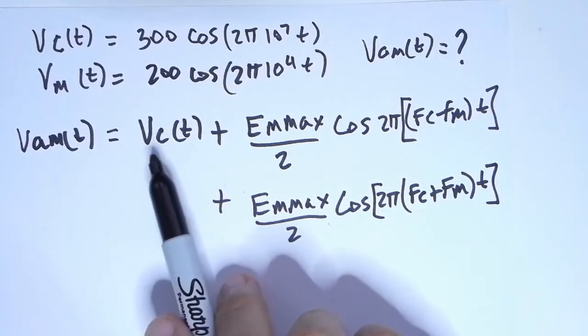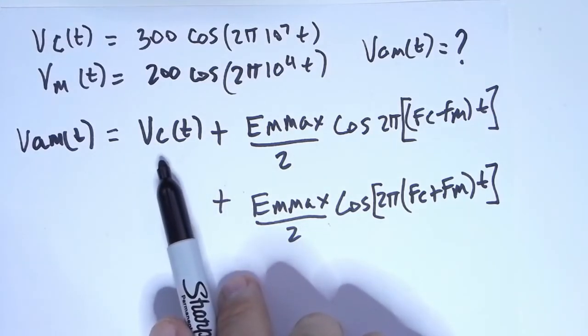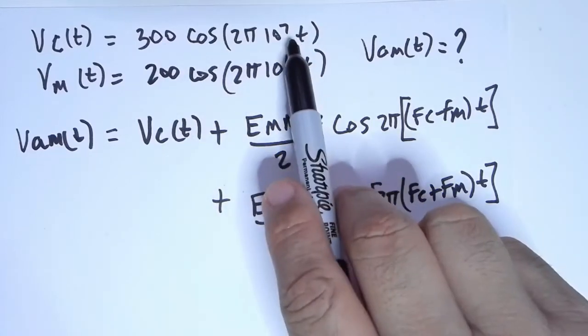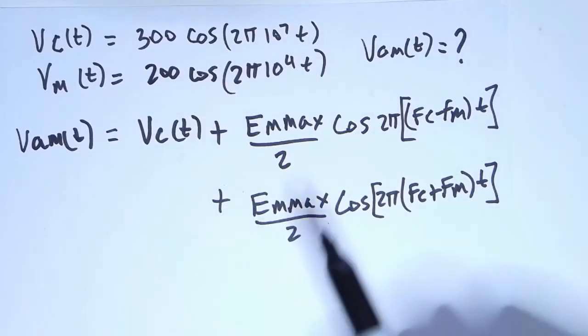So we have one tone that has the carrier peak voltage and has the carrier frequency. Then we have two